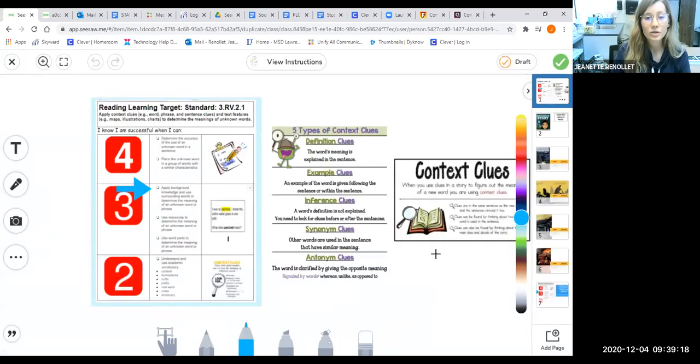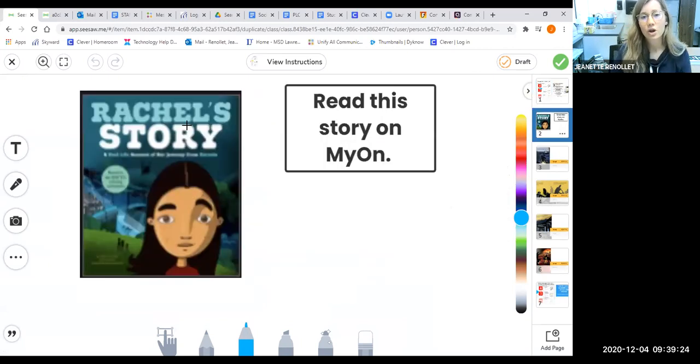Today, you are going to complete this by yourself for a grade. The first job you need to do is go into Myon, click on Projects, click on your immigration project, the same one we've used for 2 days now, and you're going to find a book called Rachel's Story. This is our text that we're going to read today.